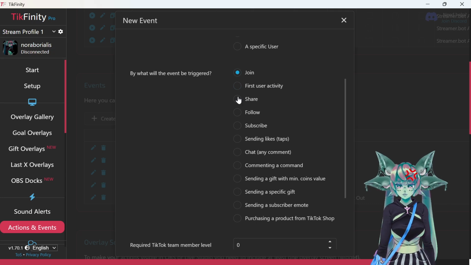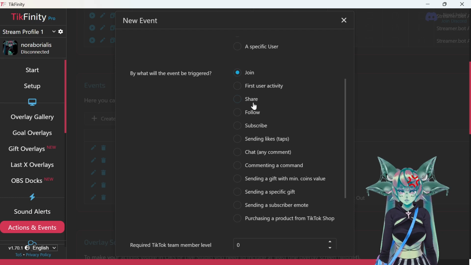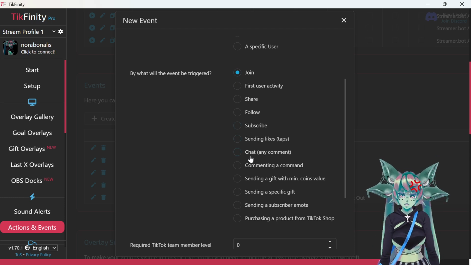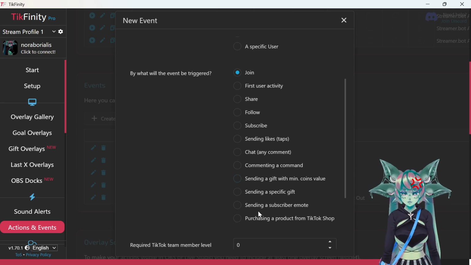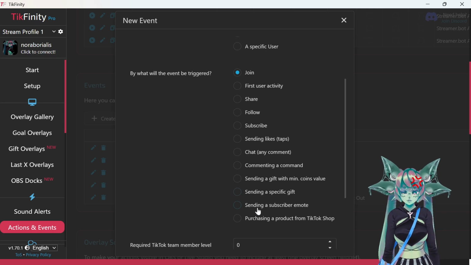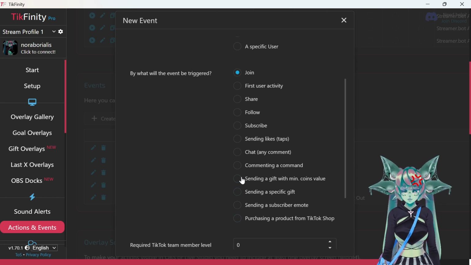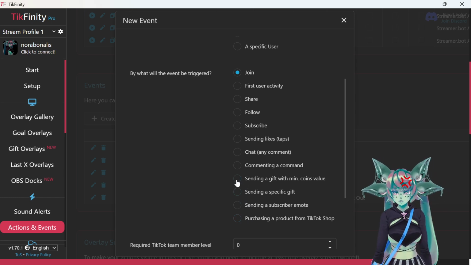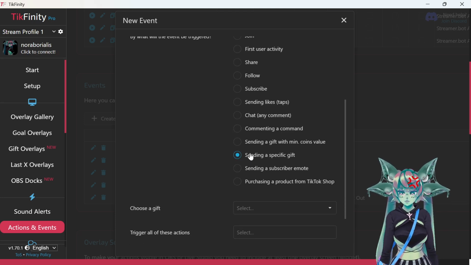And then what will be triggering this event, you have all these little options here: the share, follow, subscribe, sending likes, chat, commenting a command, sending a gift with minimum coin value, sending a specific gift, or sending a subscriber emote, purchasing a product from TikTok Shop. So you could do a minimum gift, or you can do a specific gift. So I'm going to do this as a specific gift,